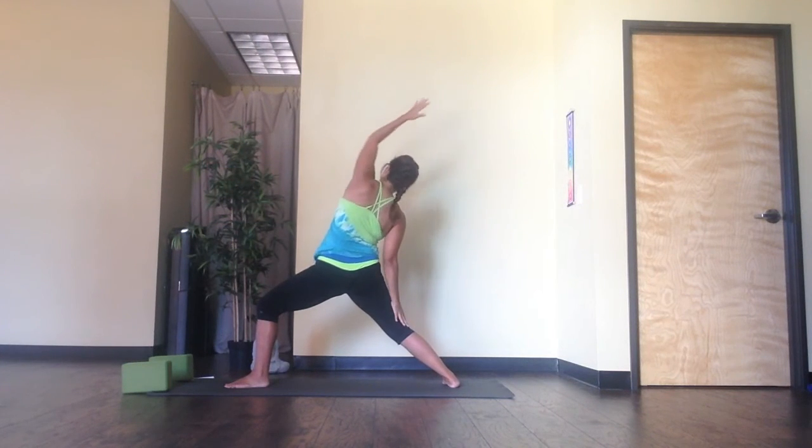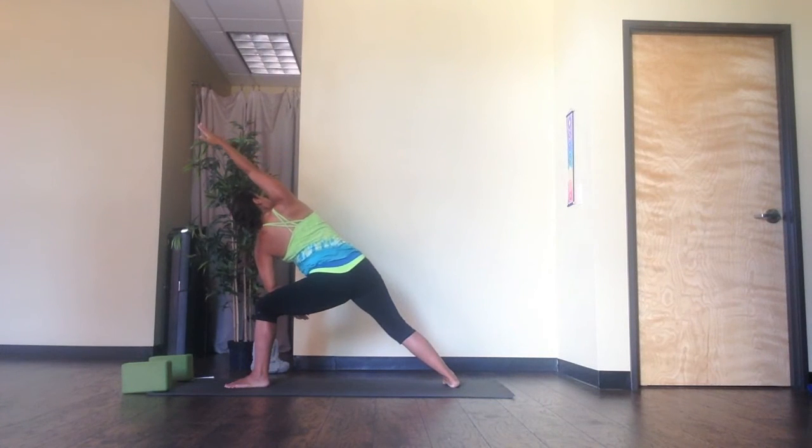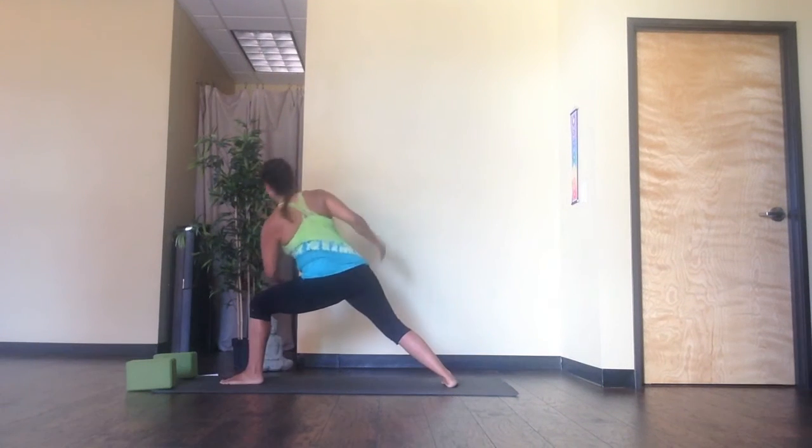Inhale, we're going to reverse our warrior, and as we exhale, we move into extended angle pose. Right arm up and over. Hold this for a full breath, really pulling the hips underneath you. And then as you take your next inhale, reverse, and as you exhale, we're going to windmill down, framing your